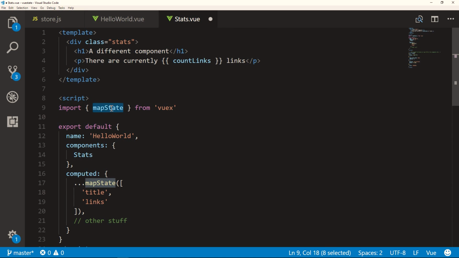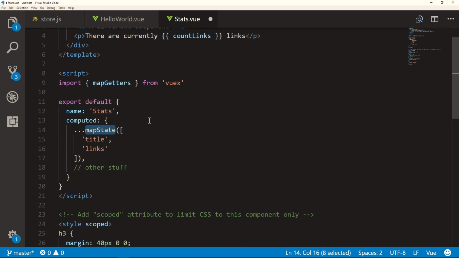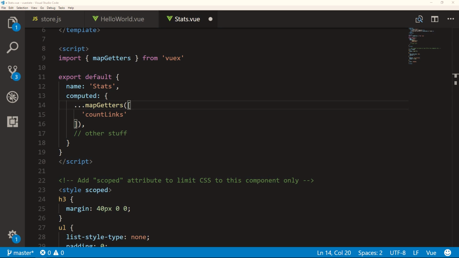Now in the script section, we don't need to import that, obviously. We want to import a new one called mapGetters. So obviously, you'll notice a trend where you have a map helper for each of the sections in store.js, essentially. So mapGetters is for getters. And then down here, we're going to name this stats, and we don't need the components section. For computed, instead of mapState, we'll use mapGetters. And then in here, it works the same way: the name of the getter that we created in store.js. So it's called countLinks. All right, so now if we go ahead and save this, with any luck,